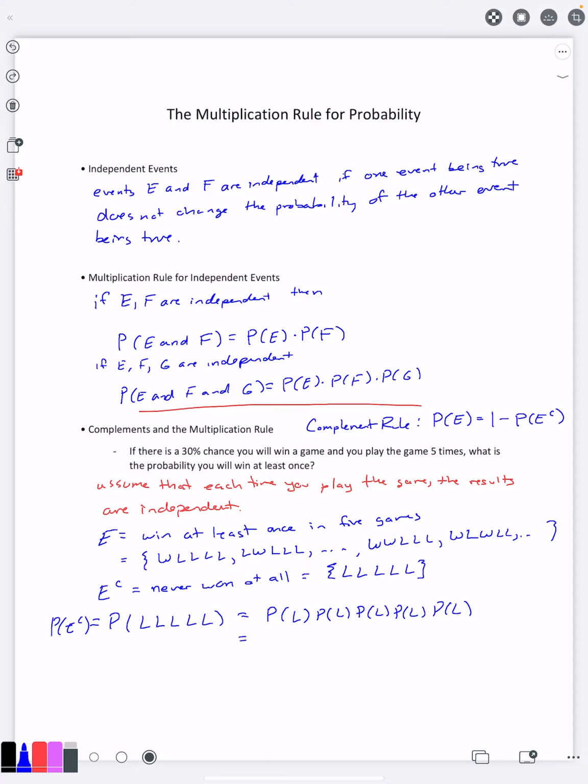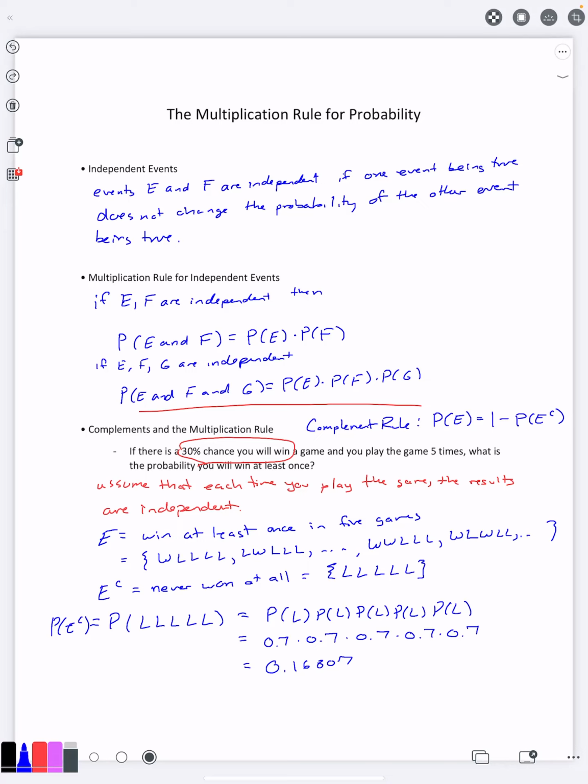So now what's the probability of losing? At first guess, you might say, well, let's put 30% here. But we have to be careful. It's a 30% chance that you will win, so that means there's a 70% chance you will lose. And if we put this in our calculator, 0.7 times itself 5 times, or you can even use exponents here, 0.7 to the 5th, I am getting